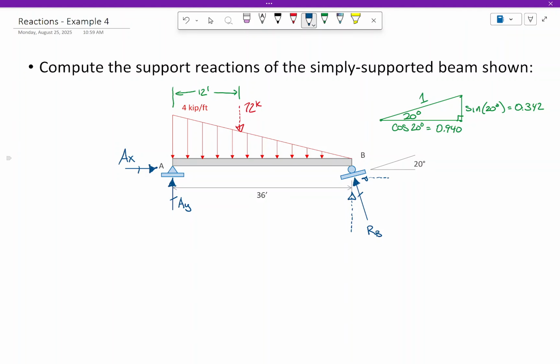0.94. That's what I'm saying. I'm saying that this vertical component is that. We already know that. Just as this horizontal component is